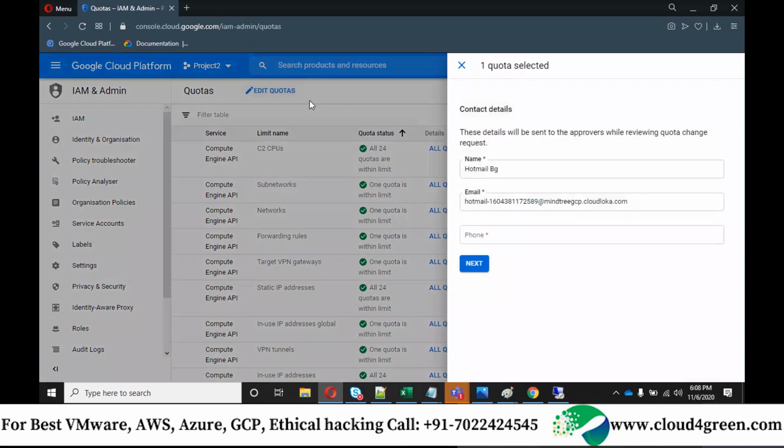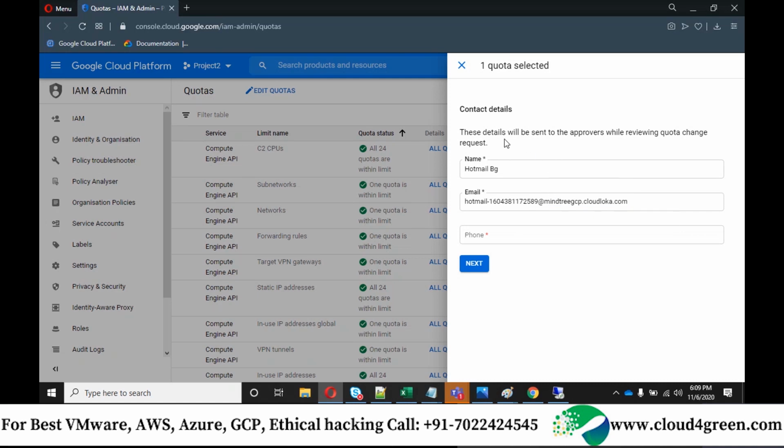Then you click on edit quotas. Currently we are all managed by the Manipal team.